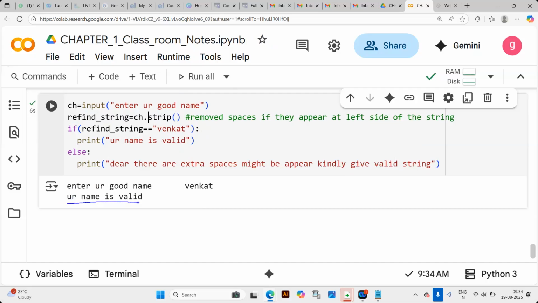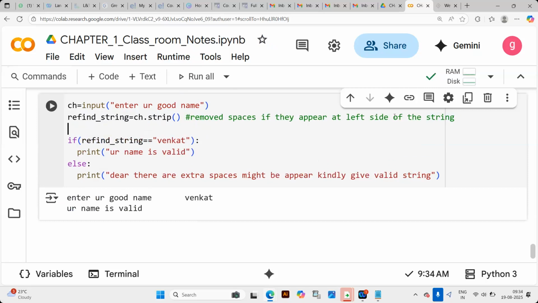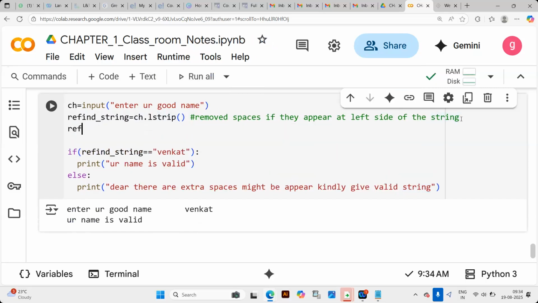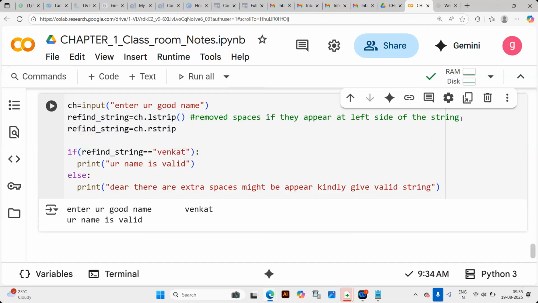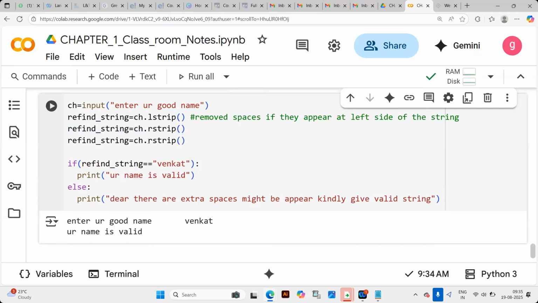Yes, sir. So you are supposed to practice once with lstrip, once with rstrip, and next time, refined string is equal to ch.rstrip, and paste here, it will be strip.